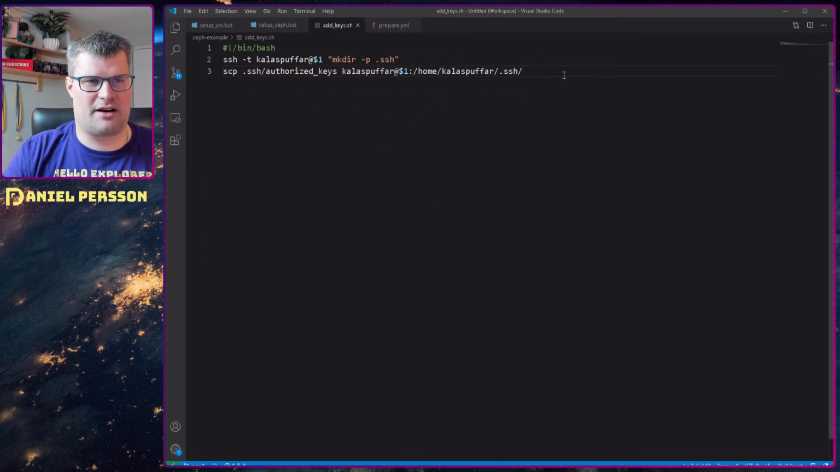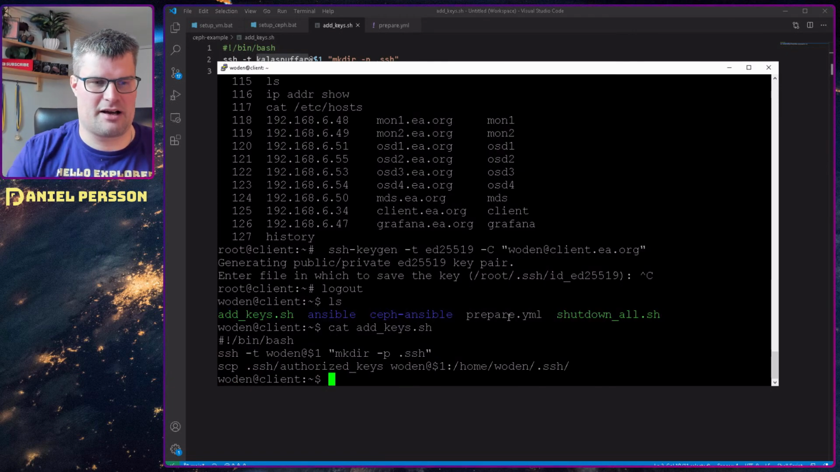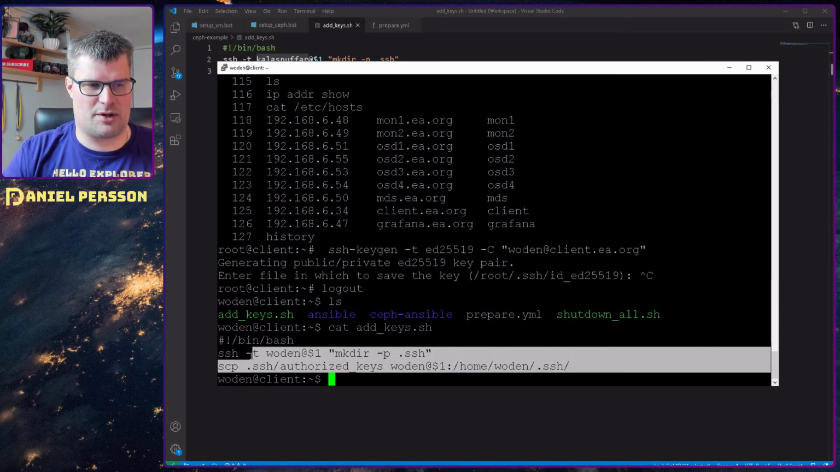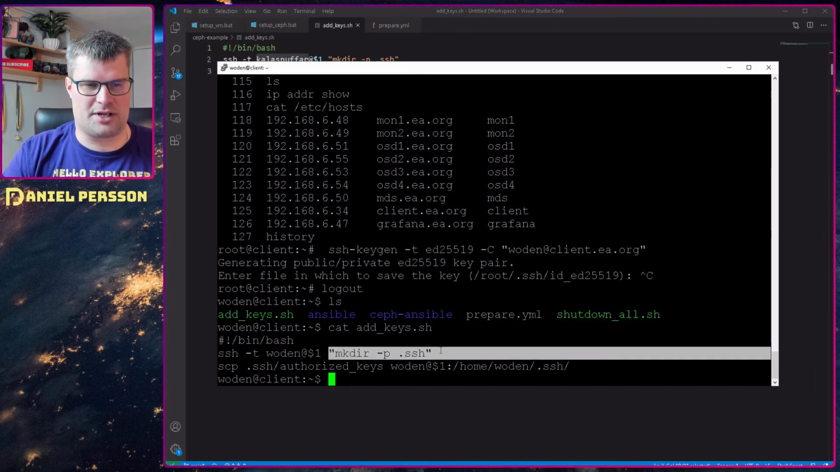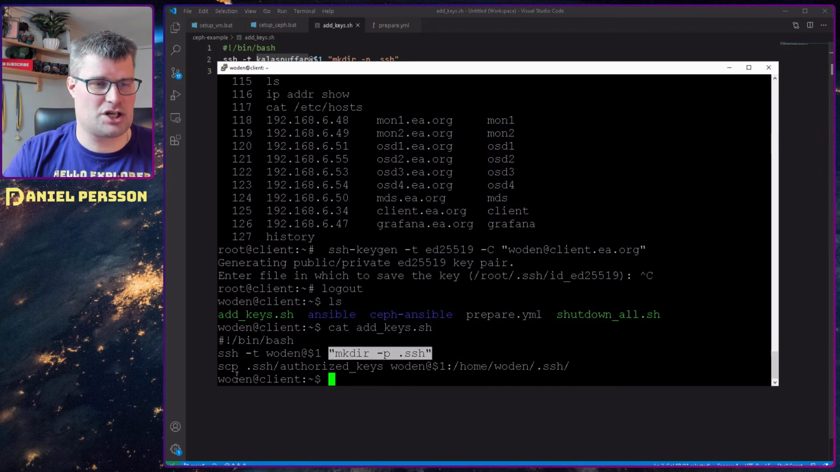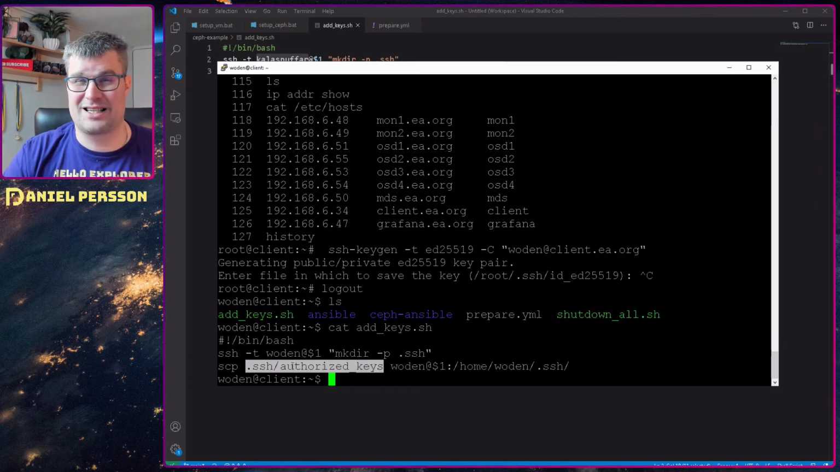And if we go over here and look at this script, add keys, it's pretty much running a bash script, and I log into a different machine as a specific user. We can look at it here because here I haven't changed the user. So here we see that I log in as Wooden on a specific machine. I create a directory SSH,